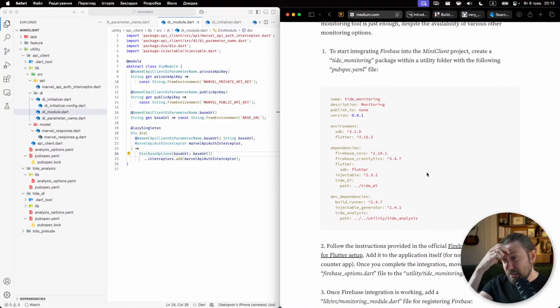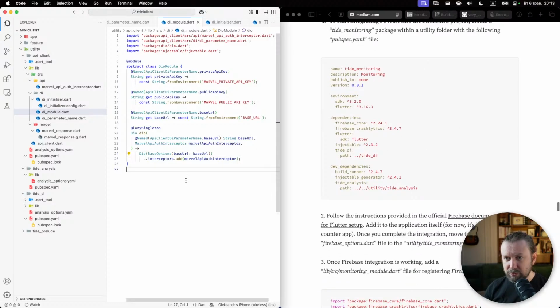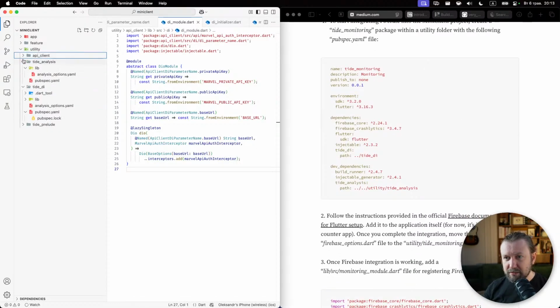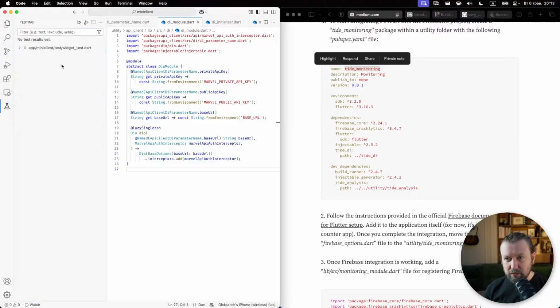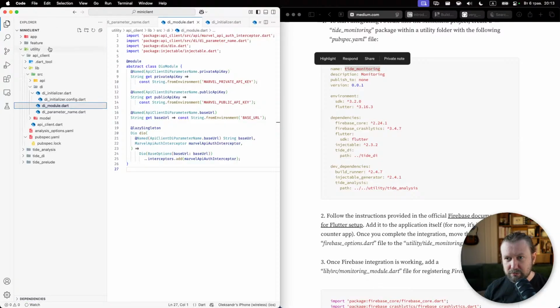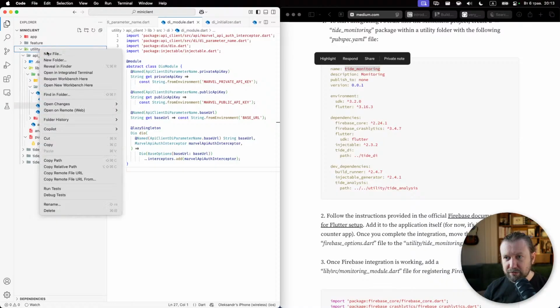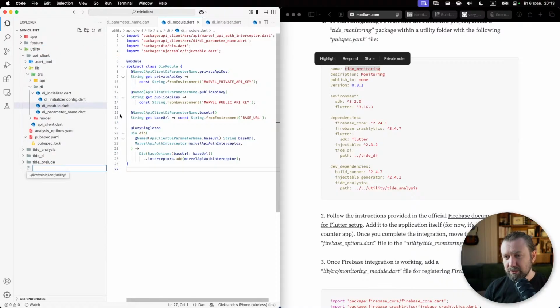But at the same time, it will take some time for me to build it. So I'm hesitant whether we should do this now together. Let's implement some really primitive version of monitoring instead. Oops. I will create another utility. It will be Tide monitoring